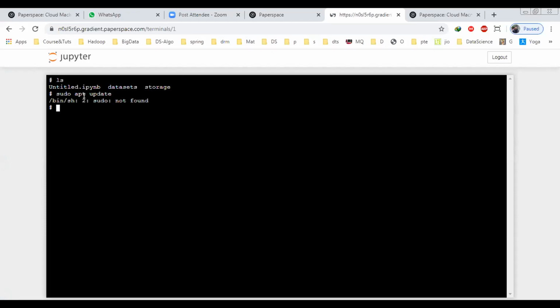So this will also run. Oh, it's saying sudo not found. Maybe I was trying sudo apt-get update. Even if it is not working, you can still check the Python version and so on. So let's see what Python version we have.